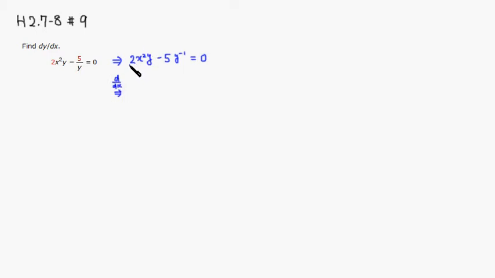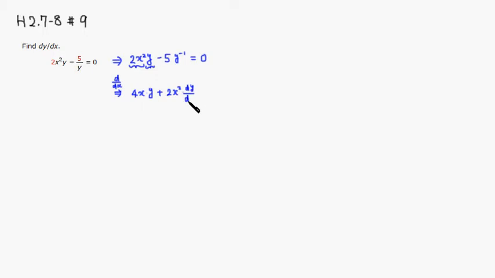Since there are two things multiplied together, I look at this as the first guy and that as the second guy, then apply the product rule. Derivative of the first is going to be 4x times the second, which is just y, plus the first guy, 2x squared, times the derivative of the second guy, which is just dy